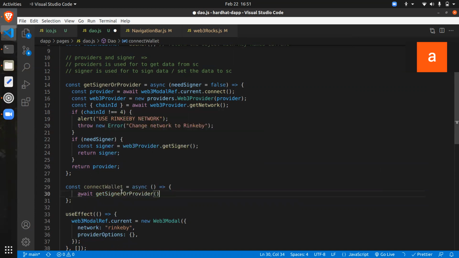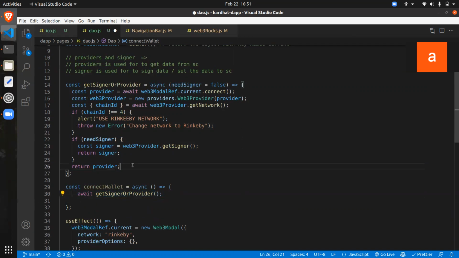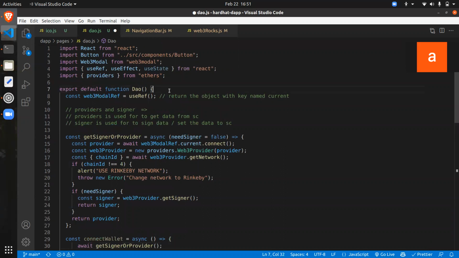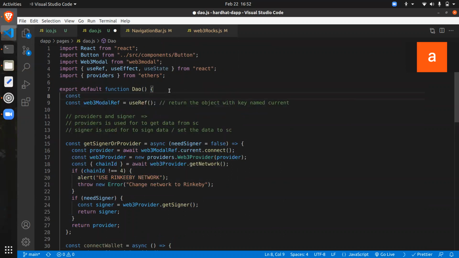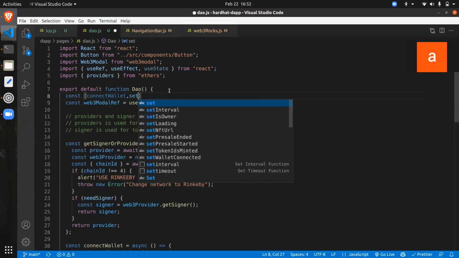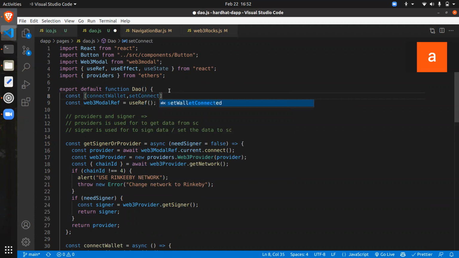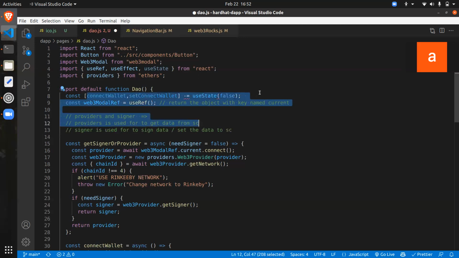Actually we need the provider for this case, so it returns the provider, but right now we don't need any kind of thing from this. But just to connect with the wallet, we run these functions. And just to see whether the wallet is connected or not, we can also define a useState, connectedWallet and setConnectedWallet. At first the useState is false, so we are not connected to anything. And later on,